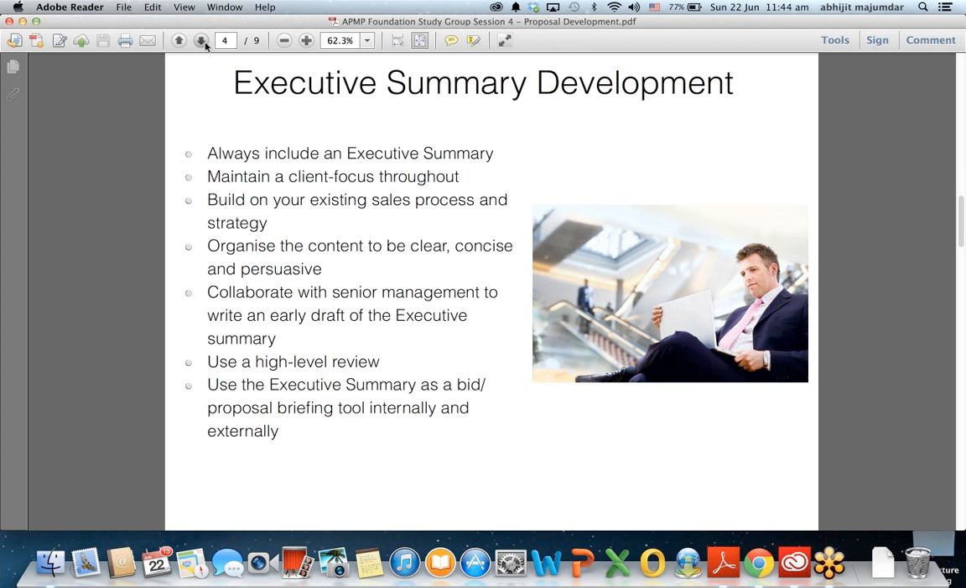Your executive summary also becomes your briefing document. It can become your proposal briefing tool. So when you are briefing either the proposal you are going to write, or your teaming partners, you have partnered